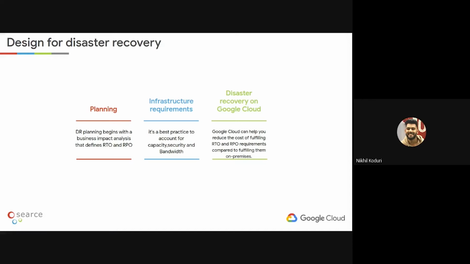Now, the third option is to carry out disaster recovery on Google Cloud. Google Cloud can help you reduce the cost of fulfilling the RTO and RPO and still have the highest performance possible, because Google Cloud is a tightly layered network, as you might have seen in the earlier sessions, how tightly coupled the Google Cloud networks are.